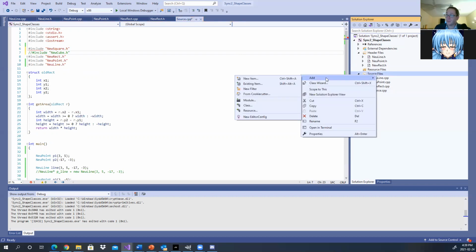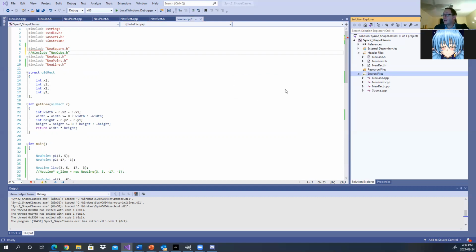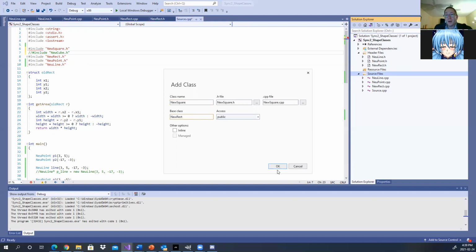Same functions even. New class, new square. And here I go. I'm going to use the base class of new rectangle. All right. It's going to be a new rectangle with a little bit extra,